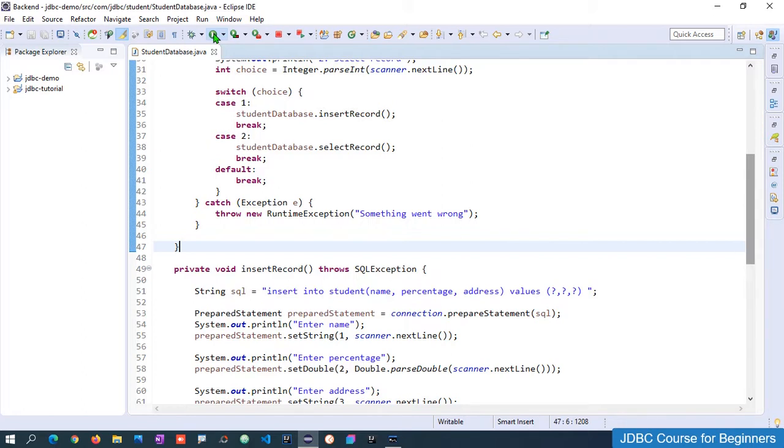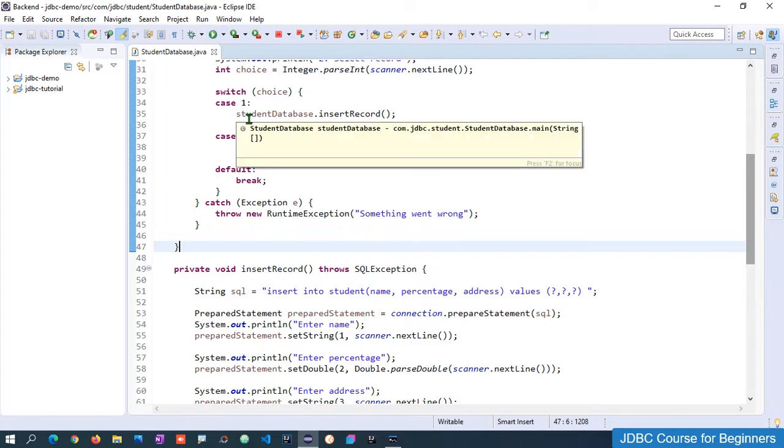So we need to add some logic, but as of now I'm not going to tell you how, because these are very basic sessions and I just want to keep it all basics. Today in this session we are going to see how we can use the callable statement.